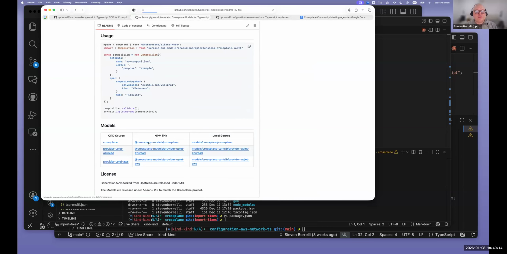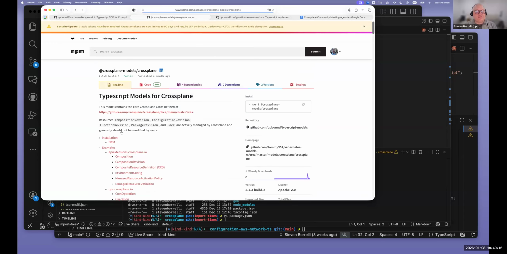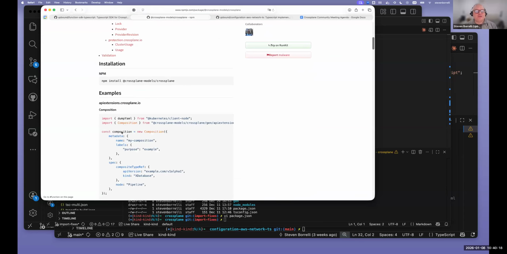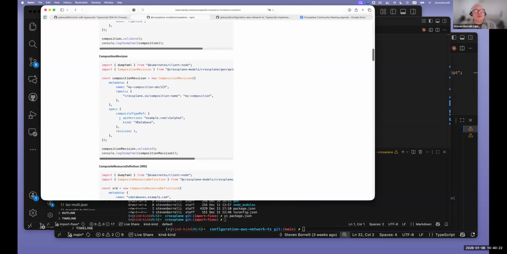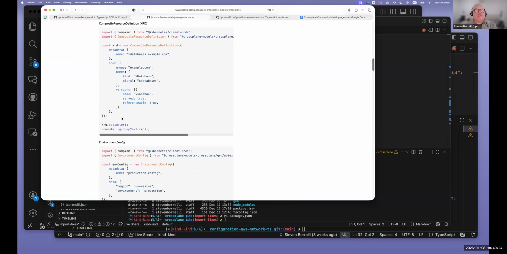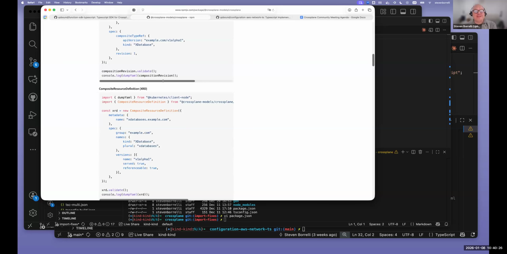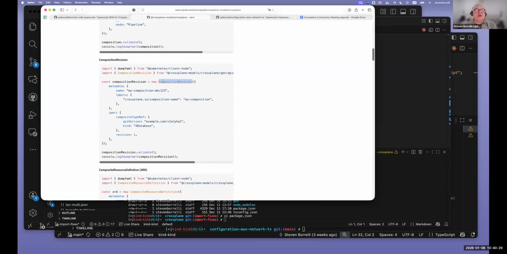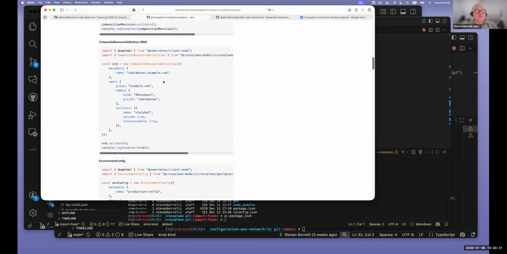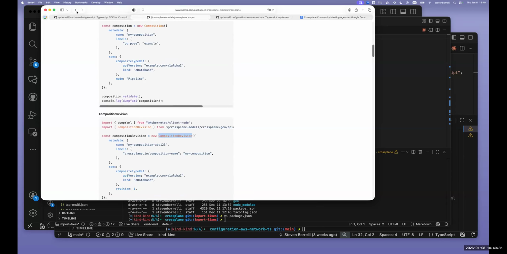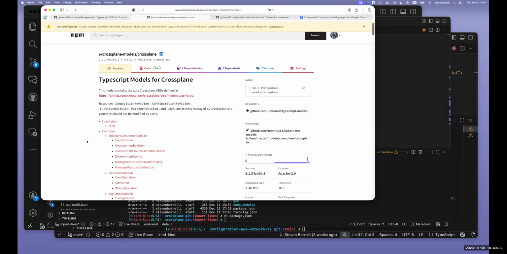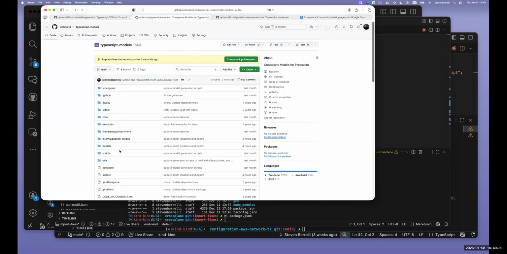And the nice thing about the Crossplane models is you could do things like configure cron operations, watch operations, anything you want, anything within Crossplane you could configure, right? Even things we probably should not configure, like a composition revision. But yeah, these can all be created here. And the way they get created is we have a models directory here.